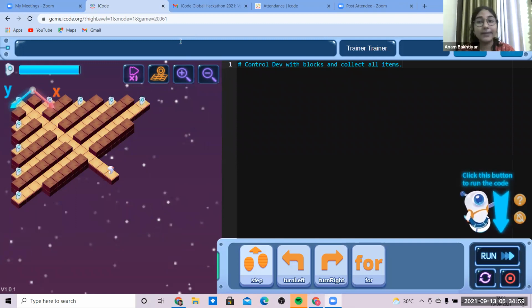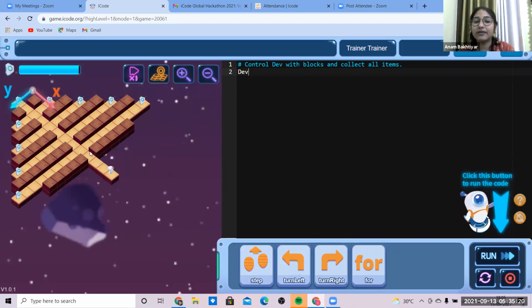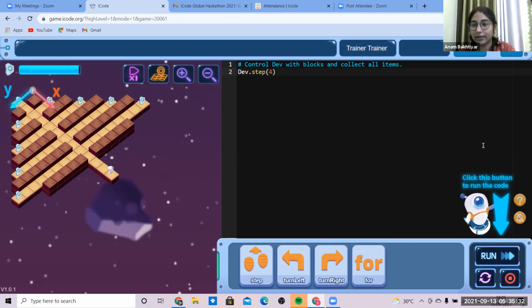Fine. So you might be on level number 1. Level number 1 might include Dev, and in front of it there is an item. In order to cover that level, I'm talking to the ones who are new, you have to click on the steps needed to cover whatever item is present at whatever step. You have to put the number of steps over here, click on run, and run it from here. Okay.